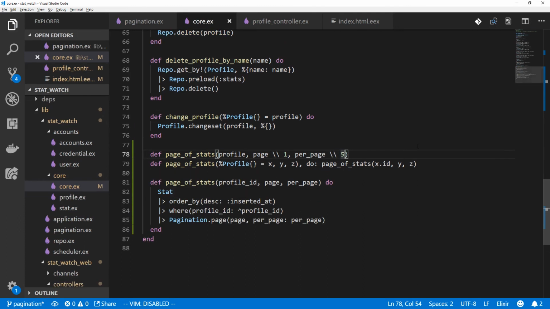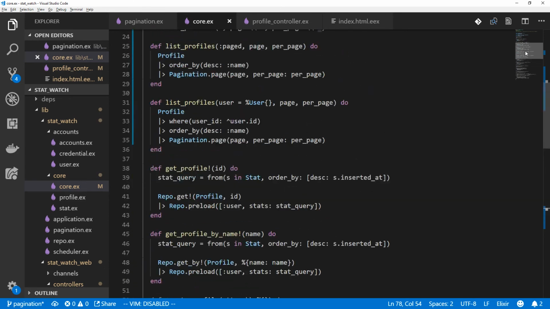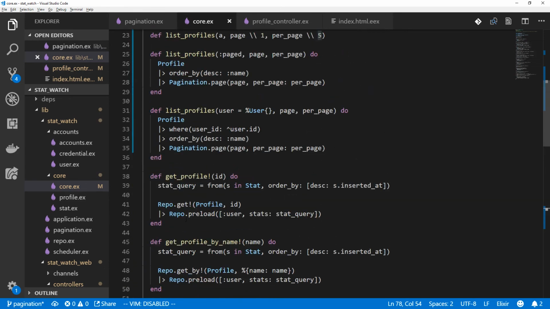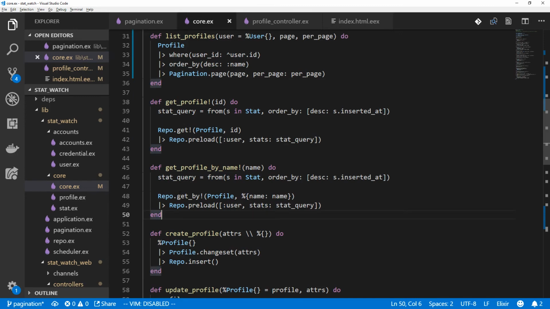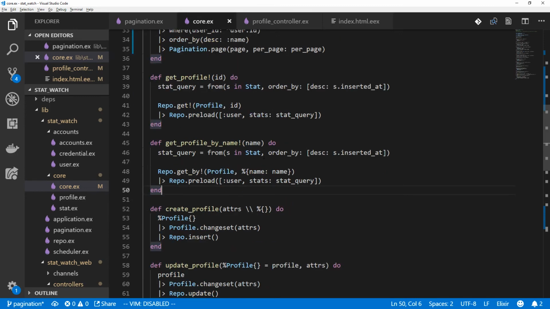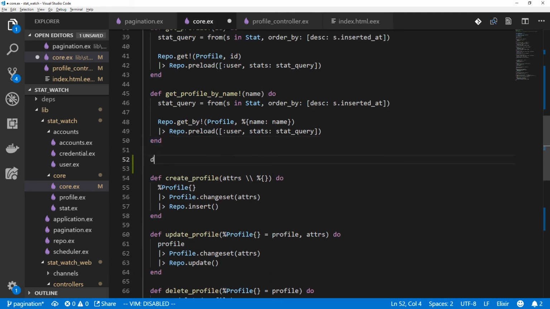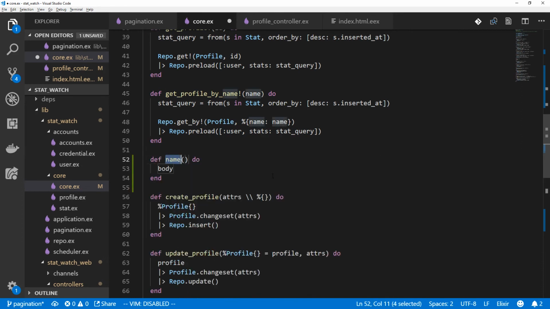And now we can use this helper so that when we get one profile, we can make a paginated version of it, that instead of getting all of the stats in that order, we just get the ones for the page requested. So we'll say get profile by name, and now instead of just taking a name, we'll also take a page and a per page, which will default to 5,